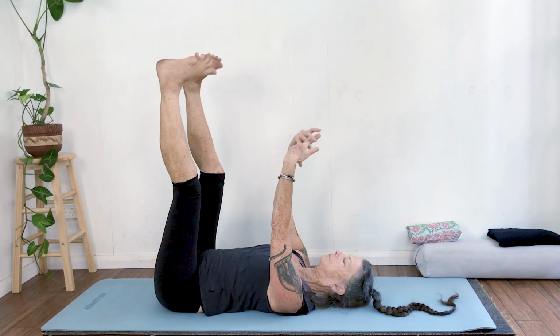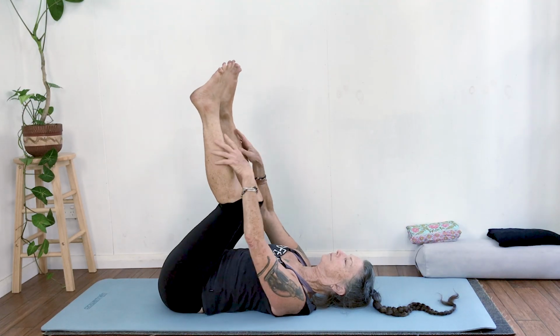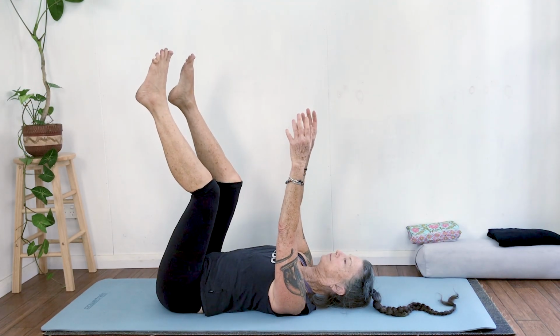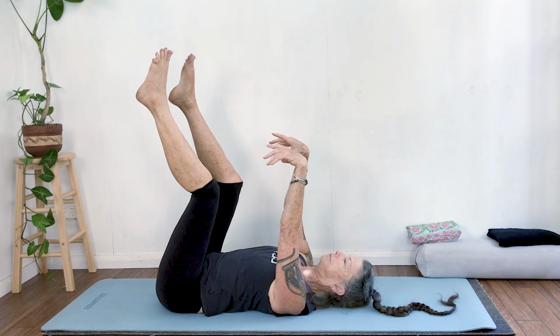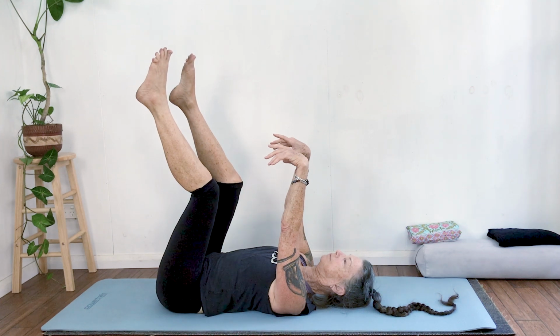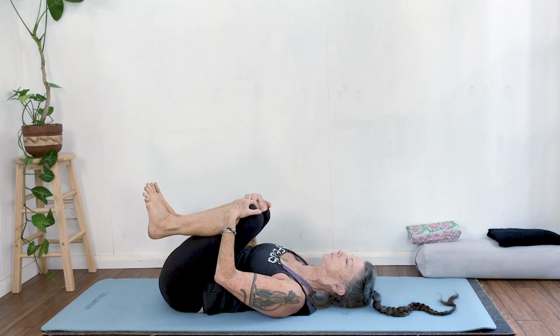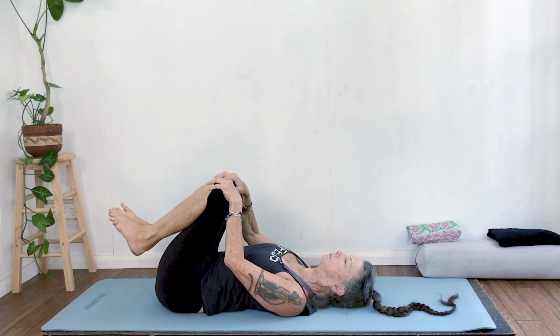Taking deep breaths. Pointing again and then drawing down with bent knees, reminding the back to be flat. Take a deep breath here. And as you exhale it out, you're going to bring the knees down towards the chest. Give them a squeeze, rinsing out those internal organs,